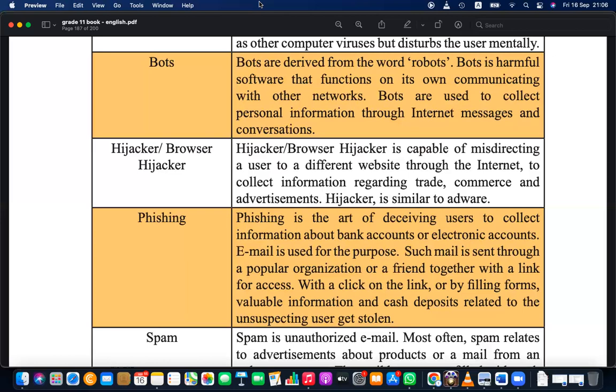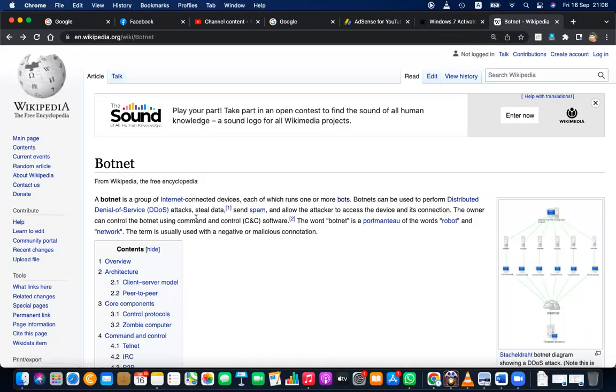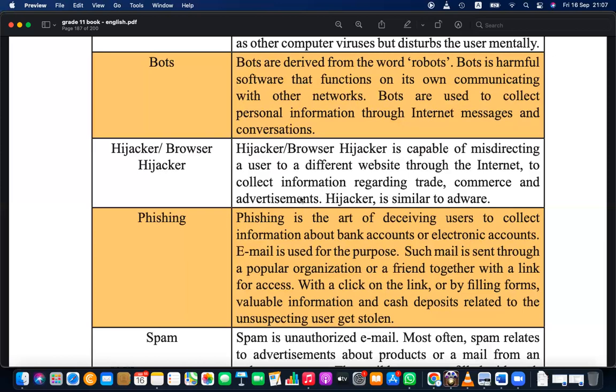He tries to take over the session and use it in an illegitimate way, maybe to collect information. As the botnet description says, attackers can collect, launch distributed denial of service attacks, steal data, send spam. So the attacker can handle the botnets. Similar to that, here the hijacker is not a network. The hijacker is only hacking or attacking an individual session, the particular legitimate session going on, and misusing that. He's kind of a terrorist trying to take over or hijack a flight.